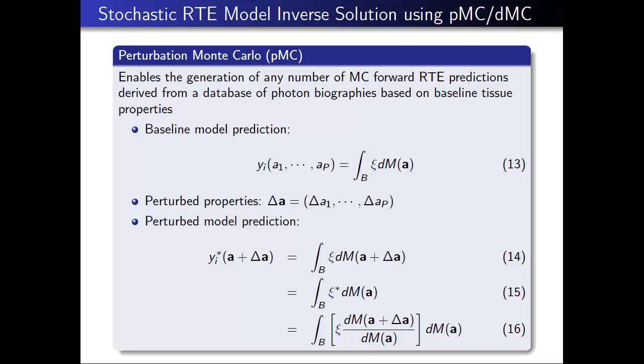So perturbation Monte Carlo, Jerry talked about this on Monday a bit. It allows you to provide any number of forward predictions, and these are RTE predictions, so they're transport rigorous predictions, derived from a database of photon biographies based on a baseline tissue property. So say you're trying to find cancerous tissue transformations, but you know what normal tissue optical properties are, and you run a database based on